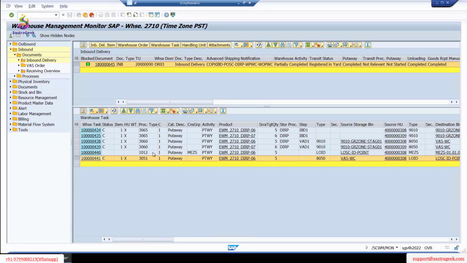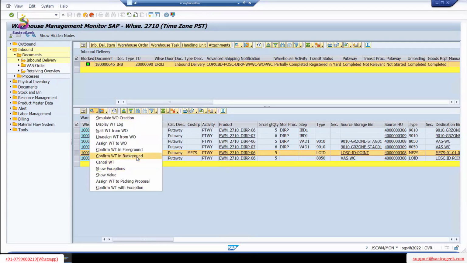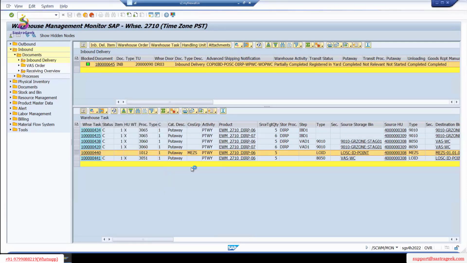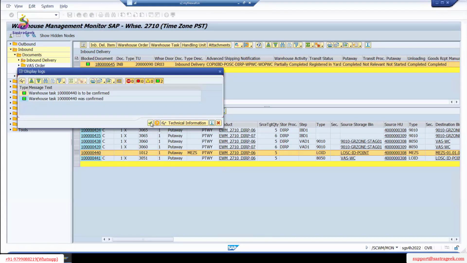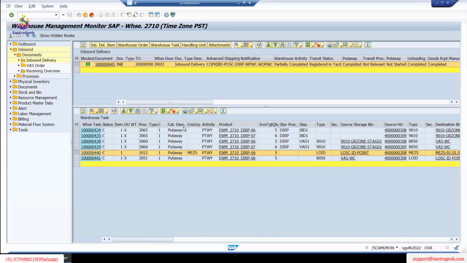See, now it has become open. So from the LOAD it is going to the mesh. Okay, from the LOAD I'm going to confirm now. Let's confirm from this one. Okay, background. So the direct product is working fine, no issue. The direct product is going directly to the mesh second floor. But the only surprise you have seen is LOAD, because 8050 was earlier used for the same storage type for the VAS work center,